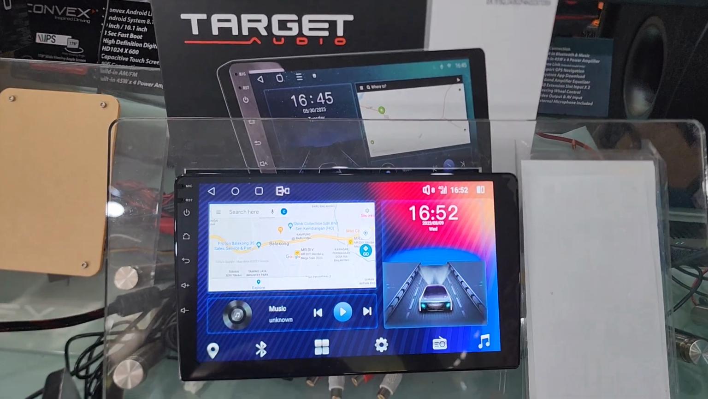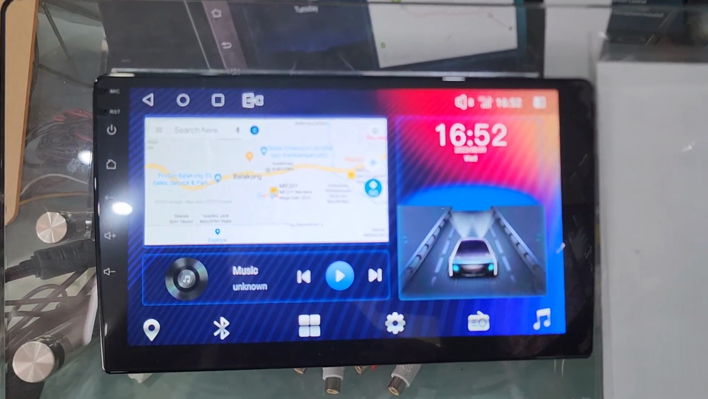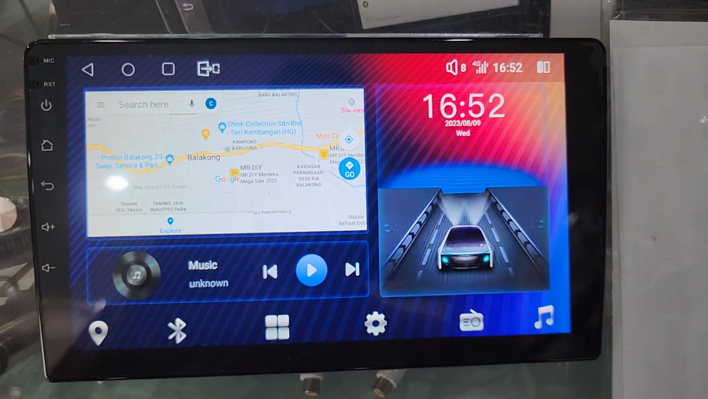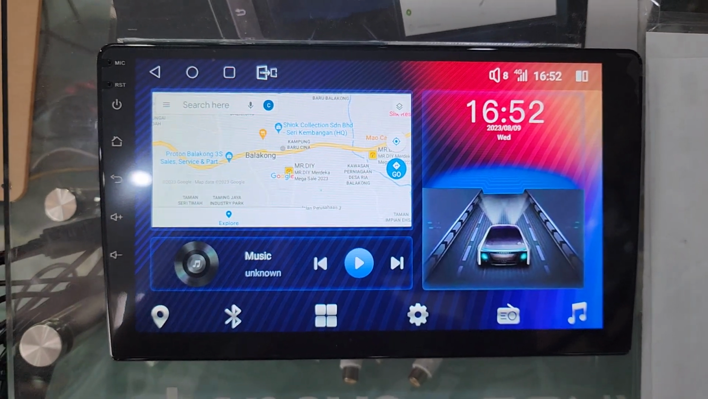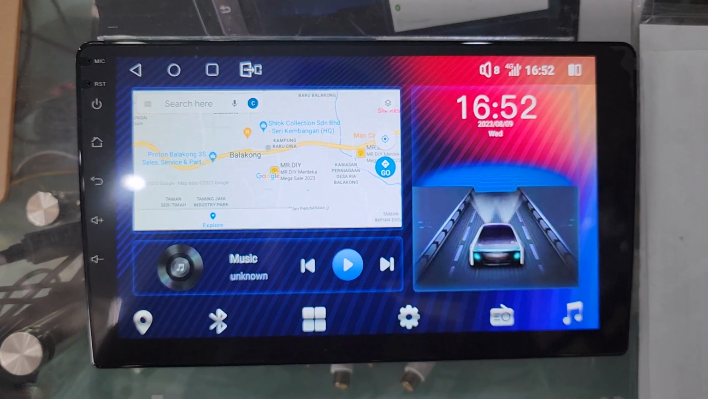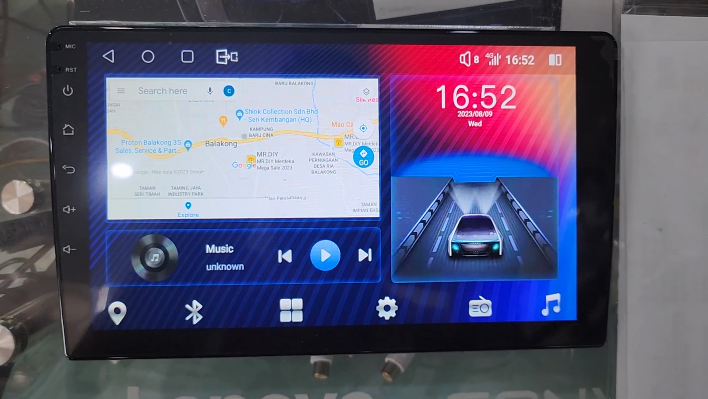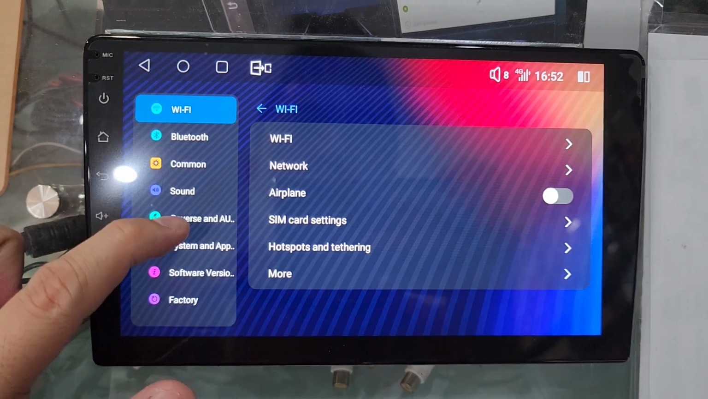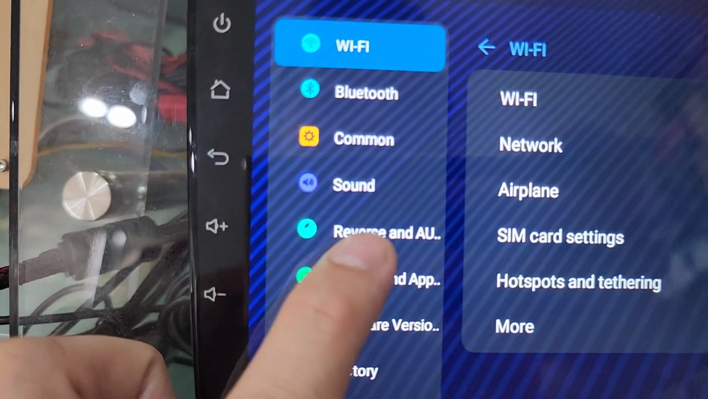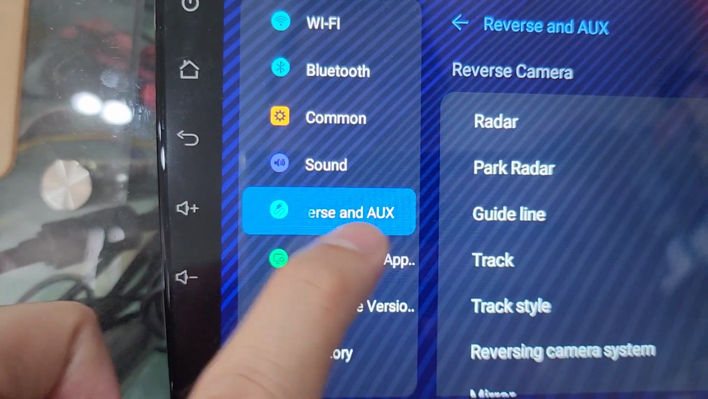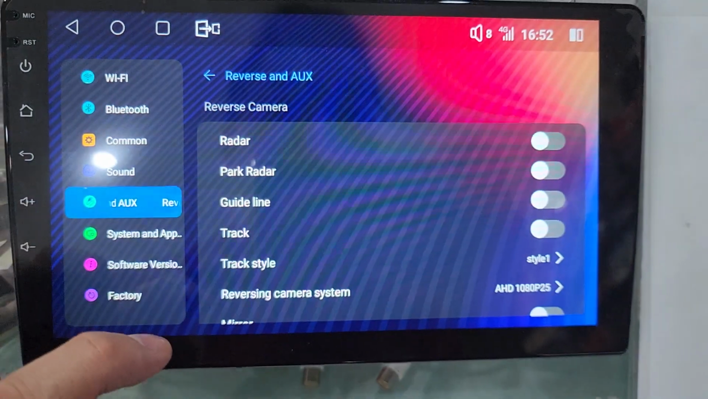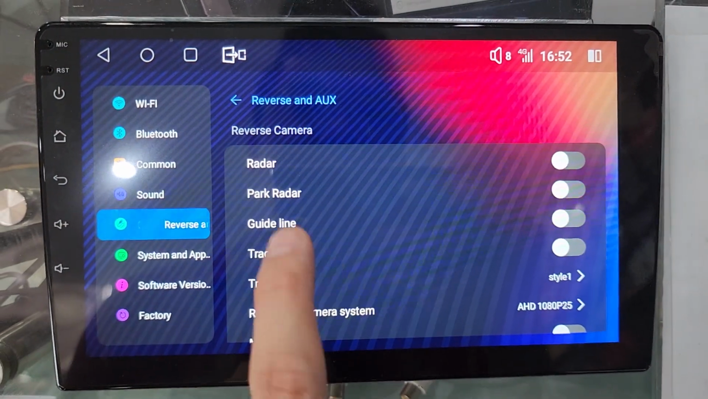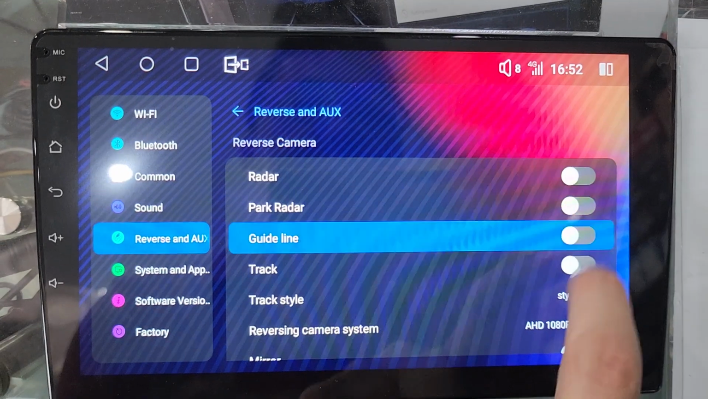Target Audio Qualcomm 4+64. Okay, how to set the turn on 360 and AHD setting. Okay, go to settings, reverse and aux setting. Okay, for parking reverse line, this is a guard line you have to turn on